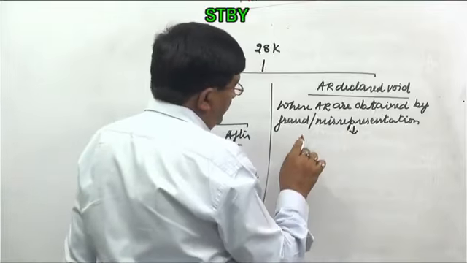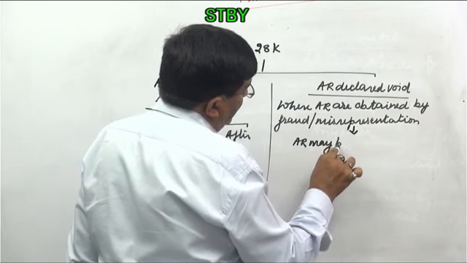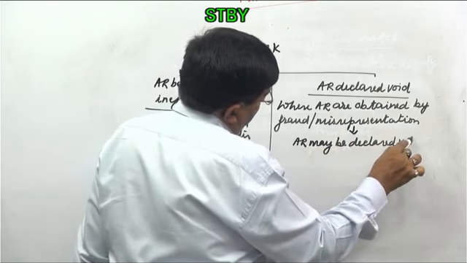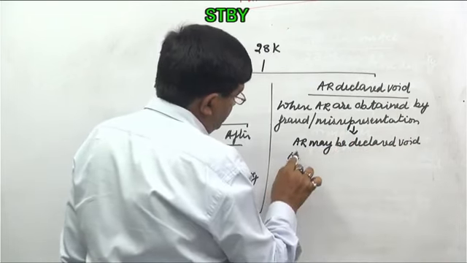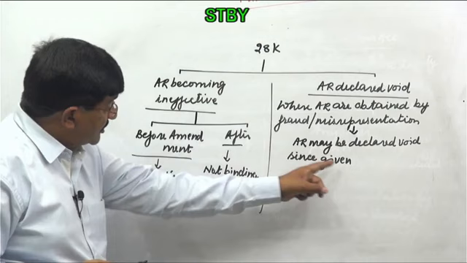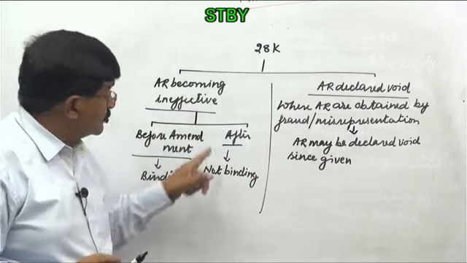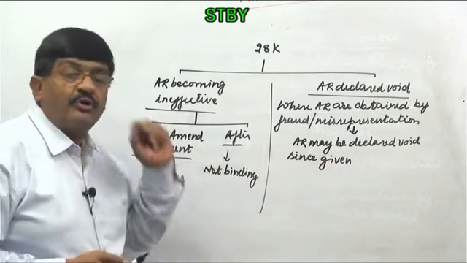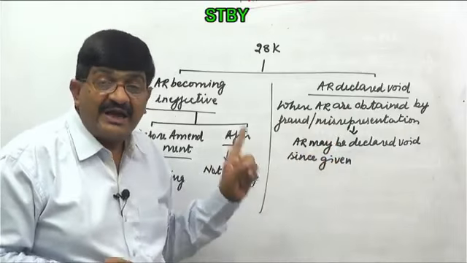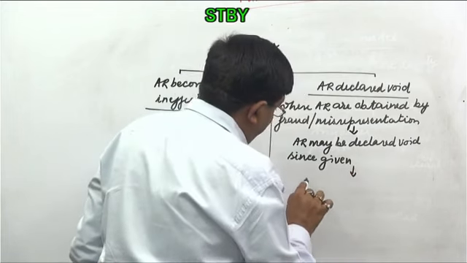In this situation, advance ruling may be declared void since given. Now see what is the difference. Here we said this is happening because of amendment in law. So before amendment those are binding, after amendment those are not binding. In this case, advance ruling declared void since given, it means those are not having any effect since the beginning. And in further you can say as if